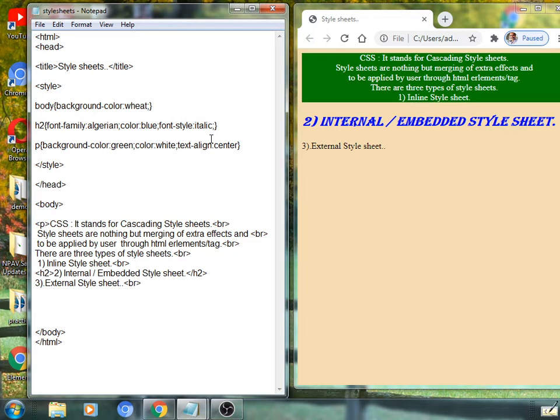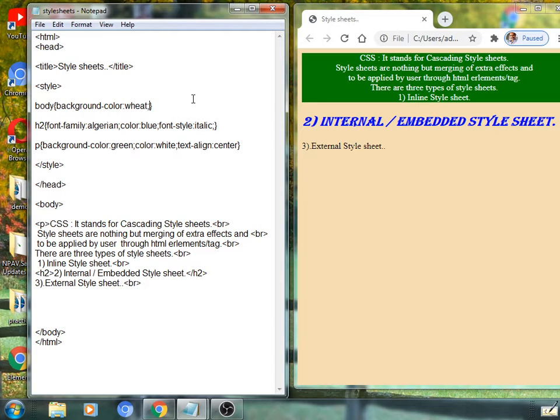You can also apply font size, font color, font style, text alignment, etc., as well as margins, margin left, right, likewise. For this we can again add properties here.